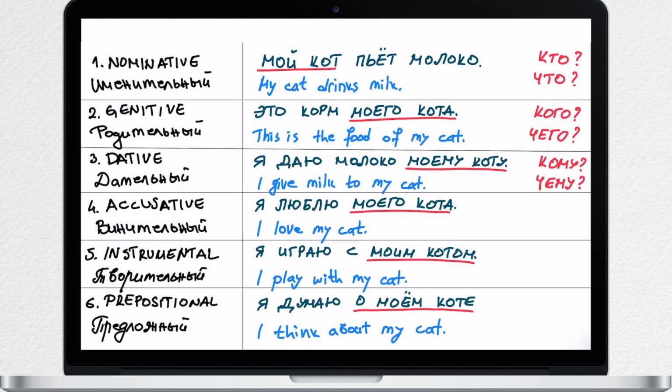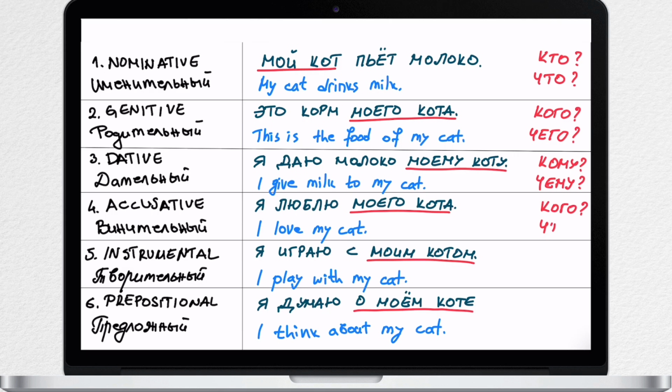The fourth case is the accusative case or винительный падеж. And винительный падеж or the accusative case denotes the direct object of the sentence, and it is always used with verbs. Let's have a look at our example. Я люблю моего кота. I love my cat. I love who? I love my cat. Я люблю моего кота. The accusative case answers the questions кого,